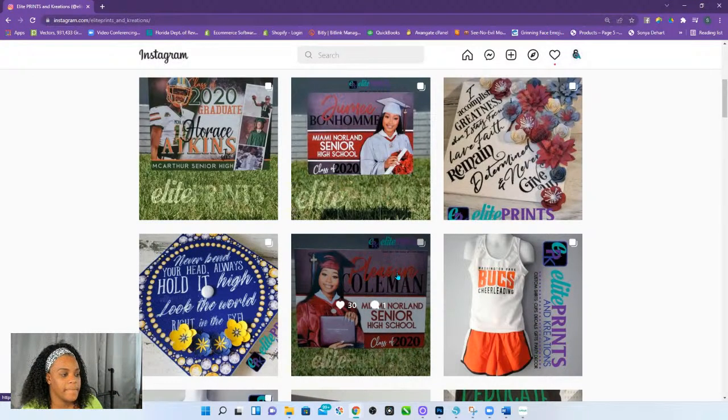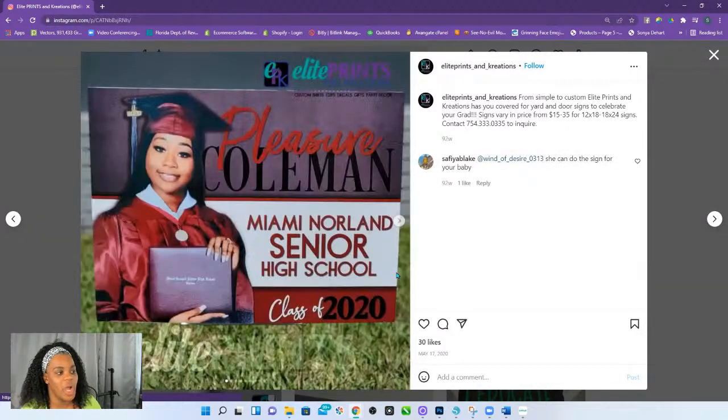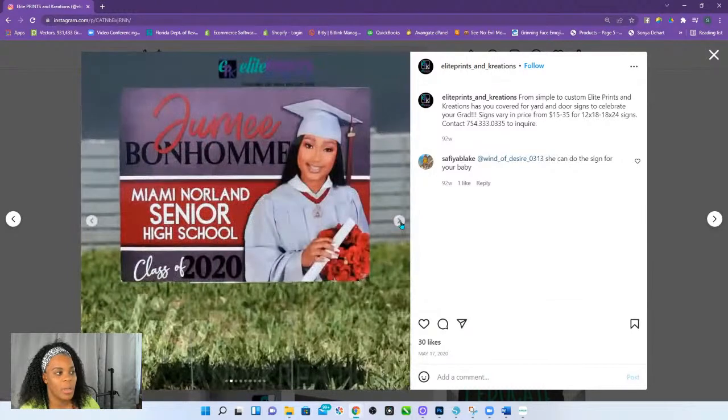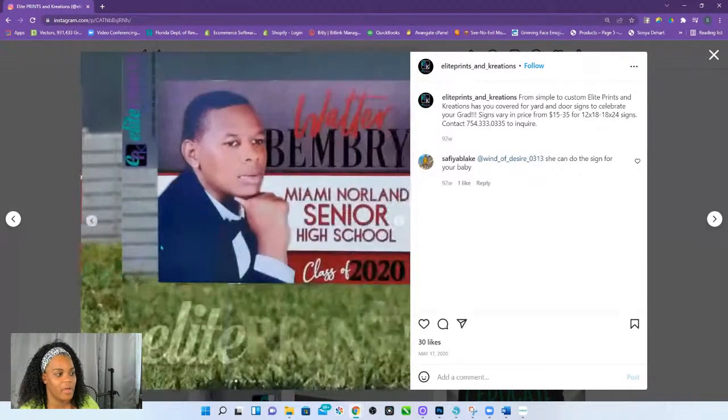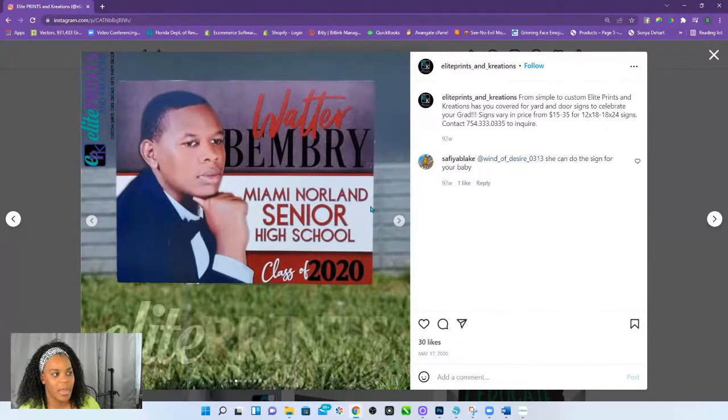But even for yard signs, real simple. Just one picture, solid background, just the name. Don't have to do too much. Now, there are ones where they requested a little extra. All the same, just changing the picture, depending on if they had on gray or maroon or black. I just switched the picture up.